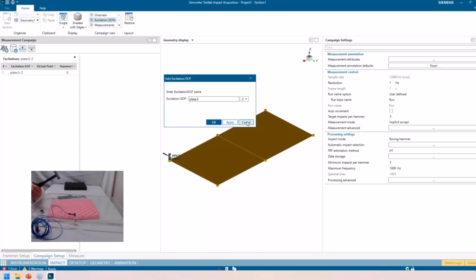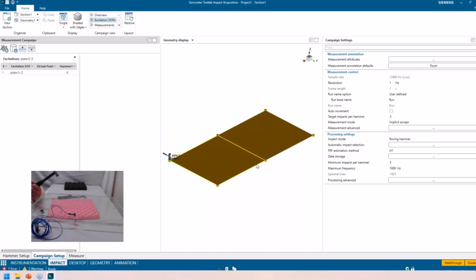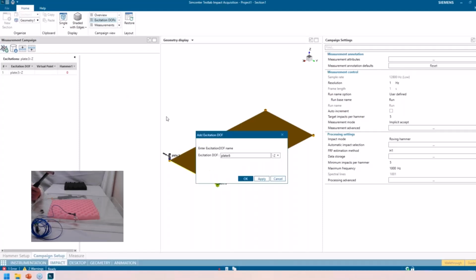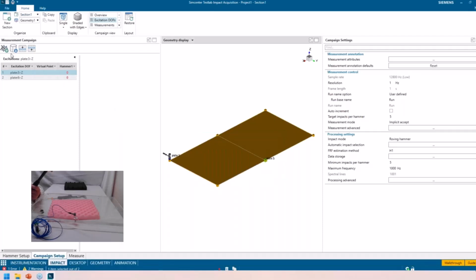But the nice thing here is that, once again, depending on how my nodes are named, this is node 6. So if I was doing this in TestLab Classic, I would have to start here and then here and then here, unless I decide to increment and decrement a bunch. But when I'm making my campaign, I can make it in the order that I want to impact in. So maybe I want to make a zigzag. So I will add one here. I want to go here first. Otherwise, that'll be kind of silly.